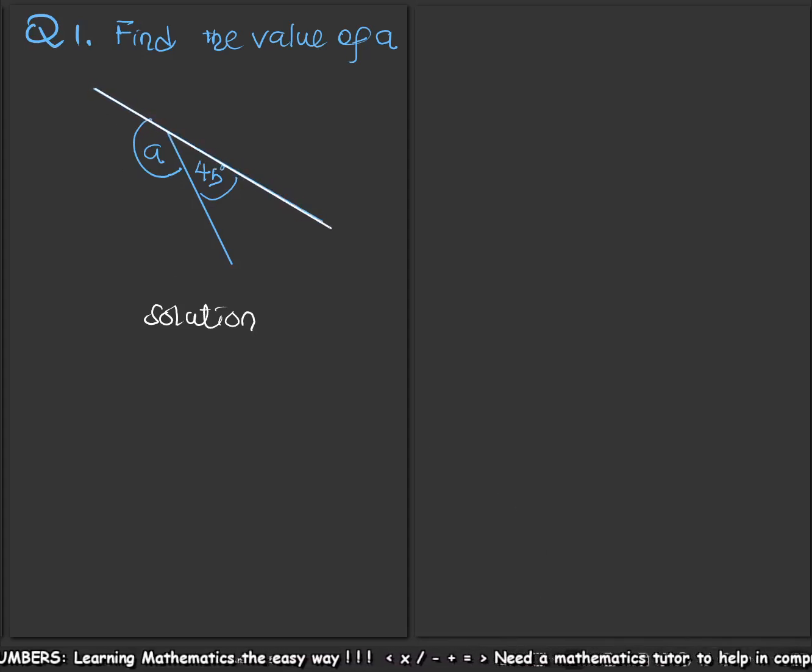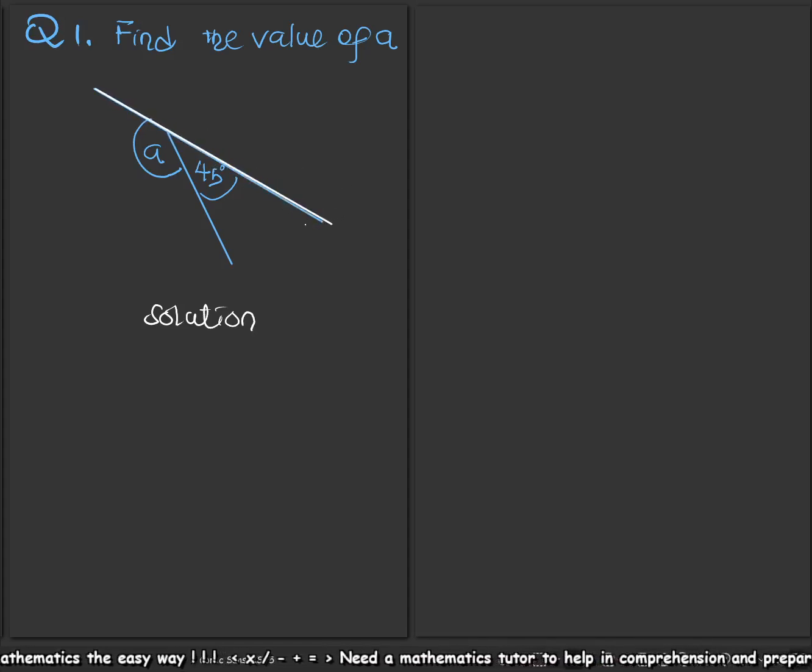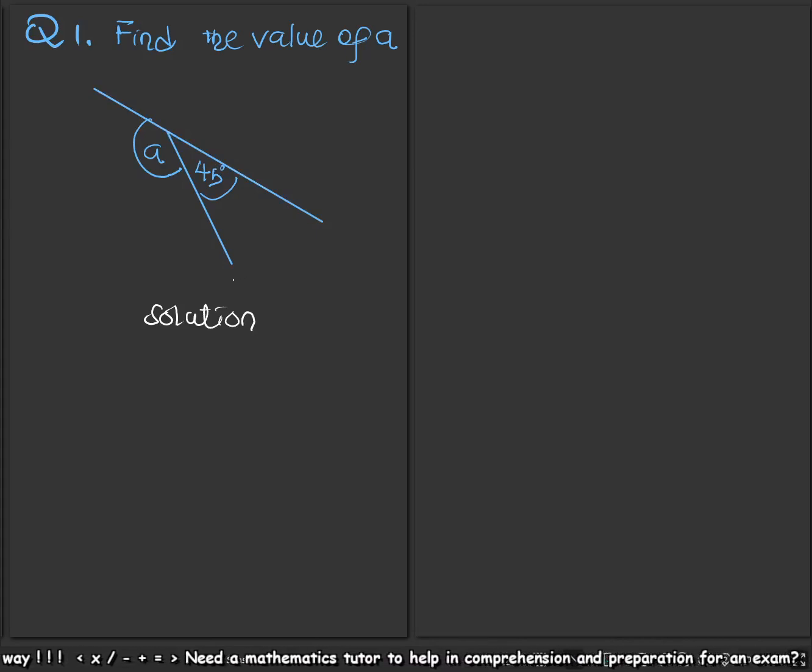This is our straight line over here. You see, these two angles are on a straight line. And these are adjacent angles on a straight line. Looking at our properties, we said that the sum of angles, or the angle on a straight line, is what? 180. You see, and if angle on a straight line equals 180 and we have two angles, then they are